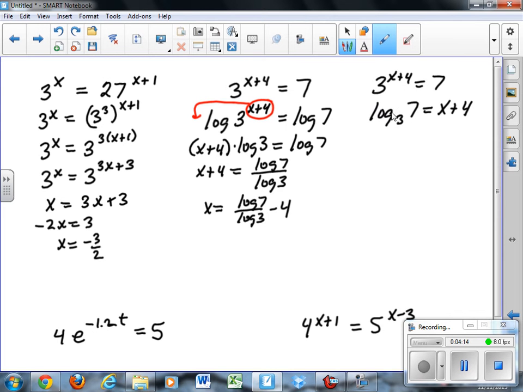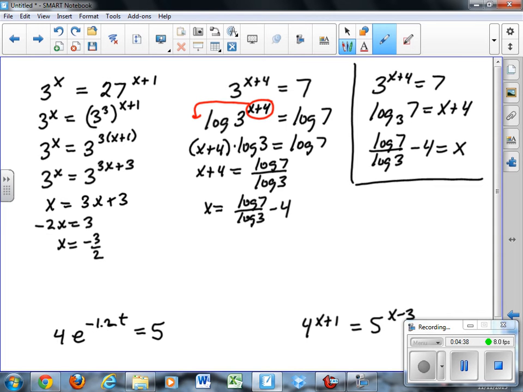I can rewrite log base 3 of 7 as log of 7 divided by log of 3, or natural log of 7 divided by natural log of 3, either one. Then I can subtract 4 from both sides and I get x. So notice that's the same answer I got before. And I want to show you one other way of doing it,